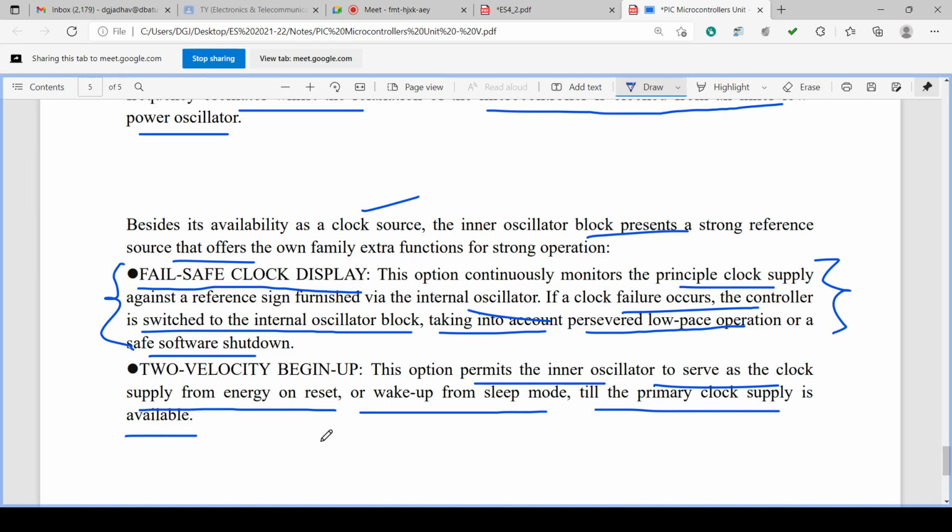So basically what is there? There are multiple clocks. External clock is the faster clock, internal clock is also supporting in case of failure or in case of starting of the systems, etc. Non-availability of the primary clock is there, then the internal clock is supporting it. That is the basic feature of this.